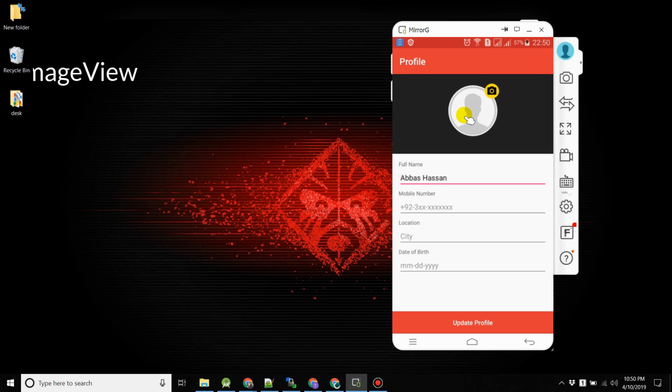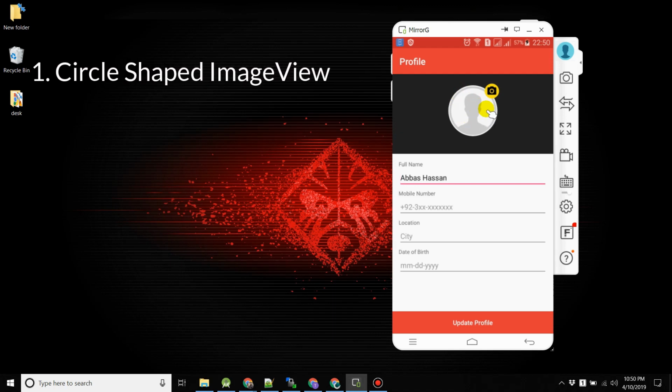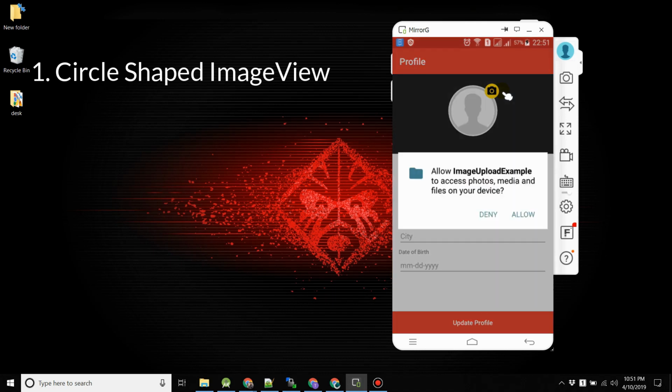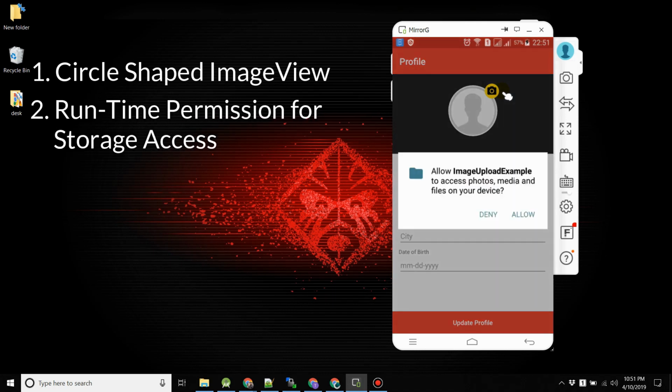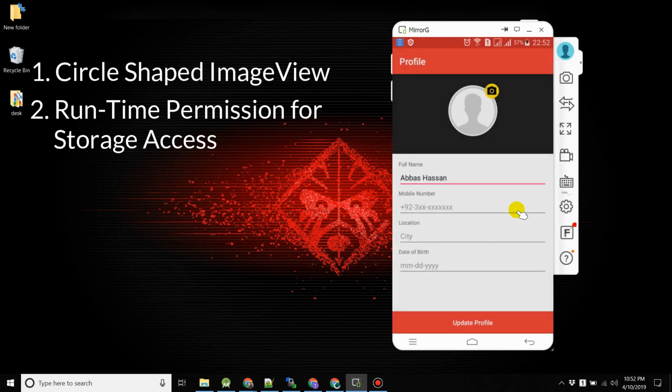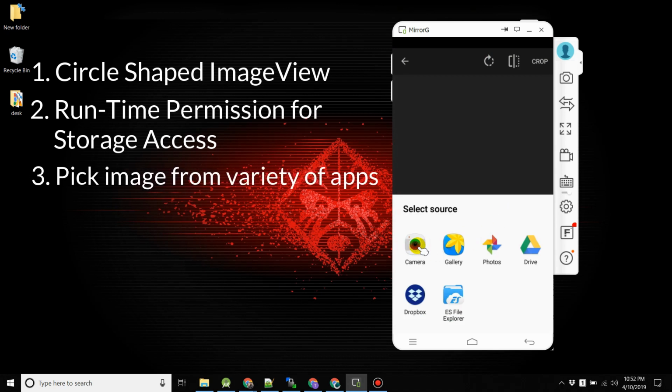One point is how you will show a circular image view. Then you see a button over here that shows a camera. As the user clicks this button, you see the user will get a system dialog asking for permission. As you may know, since Android Marshmallow, Google has introduced runtime permissions for dangerous tasks such as the user's location or storage access. When the user clicks allow, then the next point is that they will be asked to select